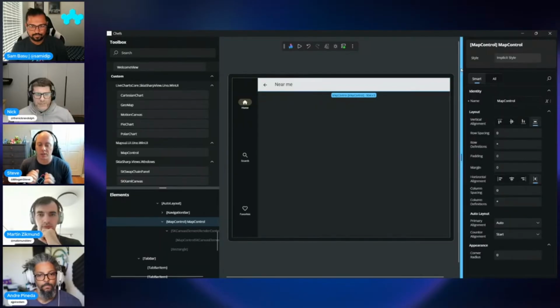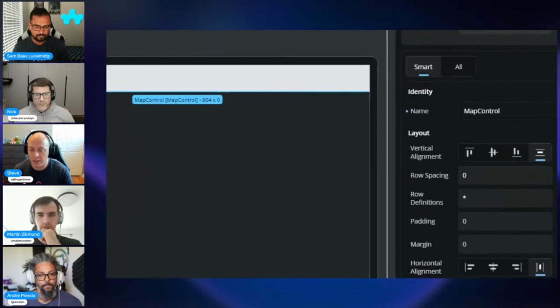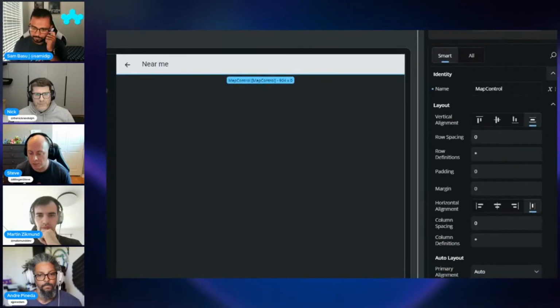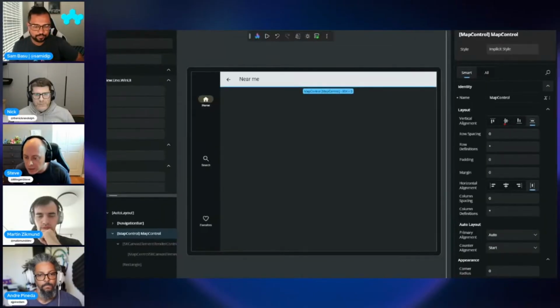So right now it's just not given any space to stretch, so you're not seeing anything. And what's really cool about this, if I bring your attention over to the toolbox, let me see if I can get this there. We're in like the smart section right now, right? And what I had shown before is that we're inside of this auto layout as our parent container or layout container. So